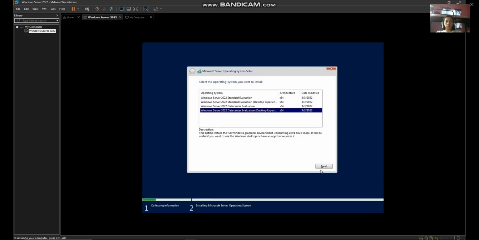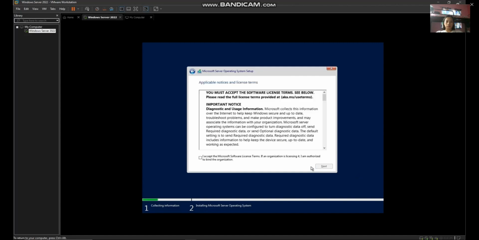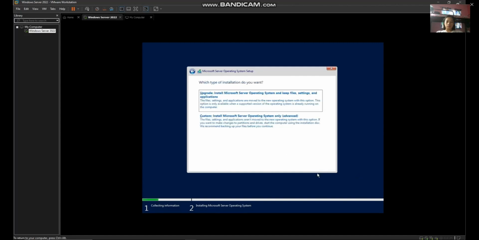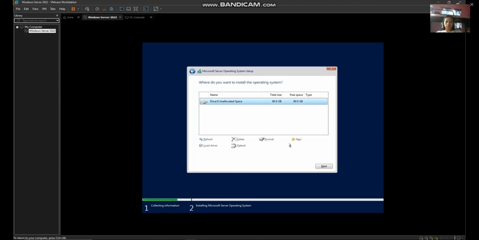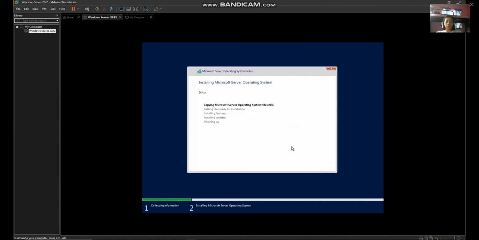Then choose the data center evaluation, desktop experience rather. So I accept. Then next. Choose custom. Next. So it's installing the Microsoft Server operating system.